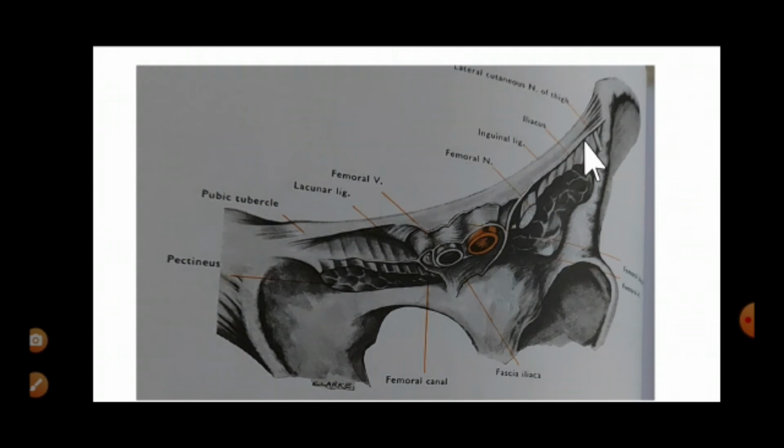So you can appreciate in this picture that the anterior abdominal wall, the posterior abdominal wall, they have come together here and meeting with the thigh. So this is the region where these three structures, that is the anterior abdominal wall, posterior abdominal wall, and the thigh, are meeting. And here we have the femoral sheath. And femoral sheath, as we said, it is formed anteriorly by the fascia transversalis and posteriorly by the fascia iliaca, and it's around 4 centimeters in length.